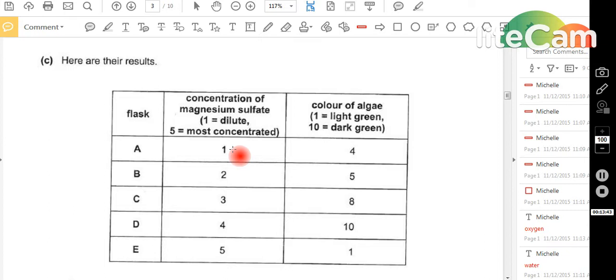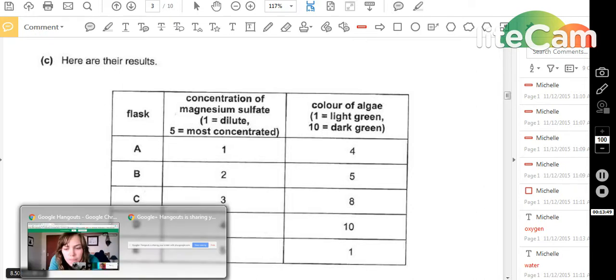Who can tell me what does dilute mean and what does concentrated mean? Anyone? Dilute is like weaker. Concentrated is like you're stronger. Like if you're talking about acid, dilute acid would be a weaker acid. Well done, very good. Okay, so in simple terms, if you have 2 glasses of water, in the one